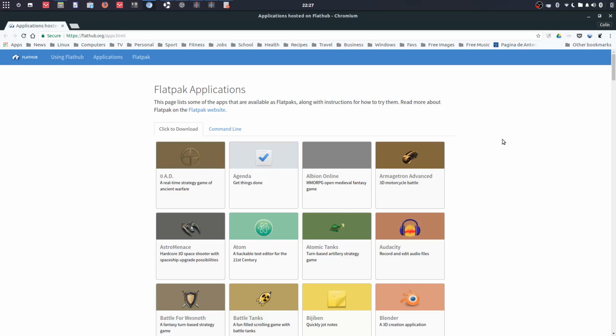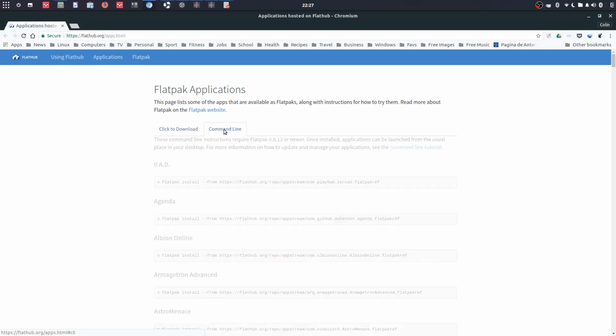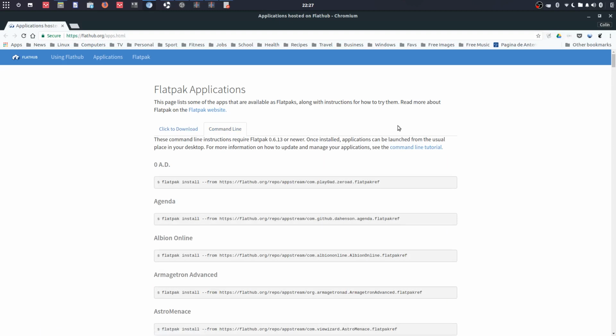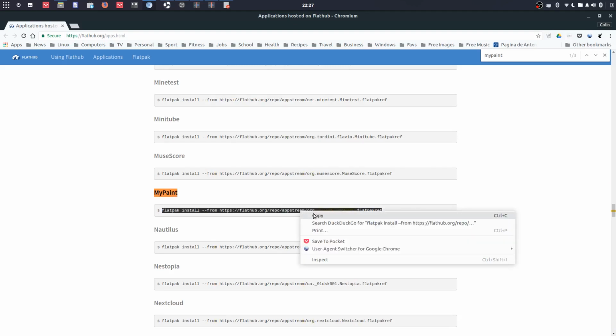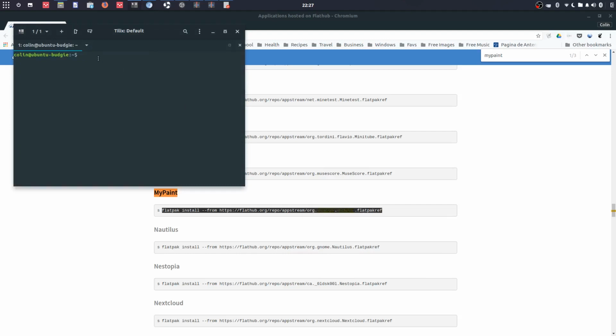So we've installed Agenda by clicking on this app here and downloading it, and then dragging the downloaded file into the terminal. So now what we're going to do is install something from the command line into the terminal, just slightly different. So if we hit Control F and we do a search for My Paint, I'm going to install My Paint. So there's My Paint there. So we highlight all this, copy that, open your terminal, type in sudo space, paste that command, enter, type in your password,